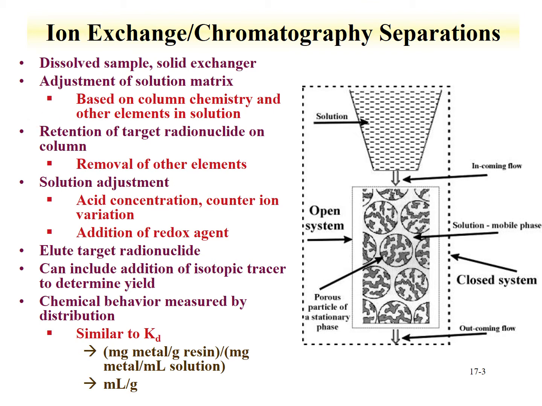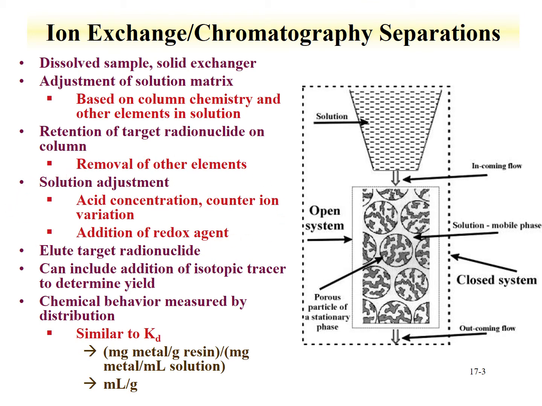It is also possible to sorb all the other elements that you're not interested in onto a column and allow your target radionuclide to flow through. But this is often not done, as you have chances of having the non-target, non-specific radionuclides come through along with your target. The solutions can be adjusted, just as we talked about with the solvent extraction system,